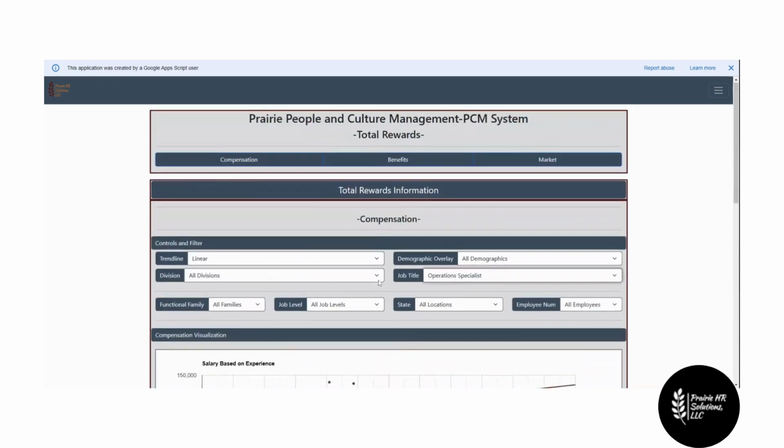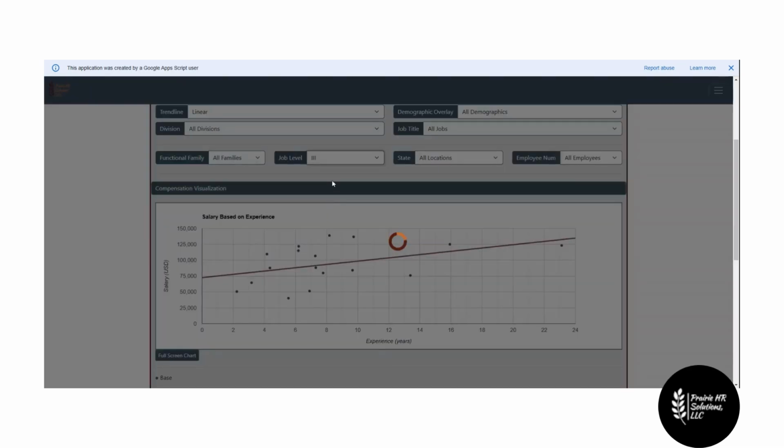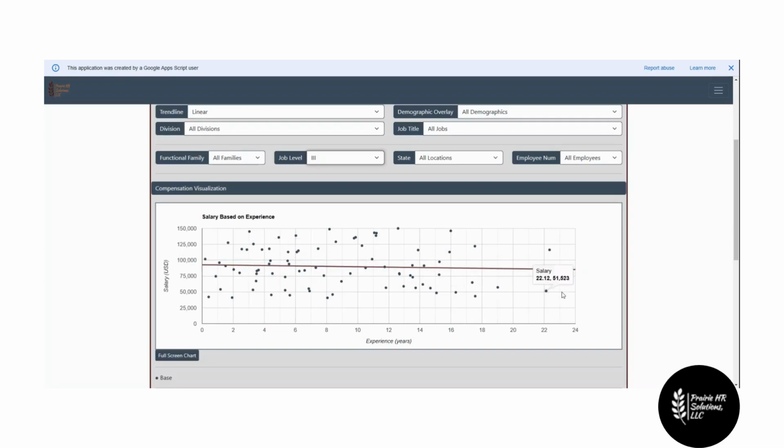Now, this works if you're looking across the department or the agency or the company, whatever your instance is. If you're just wanting to know, well, let's do a compensation on all three-level jobs, those mid-year or mid-career jobs, you need to be able to drill down in order to absolutely get the data that you need to do an analysis on. You need to drill down into it. And